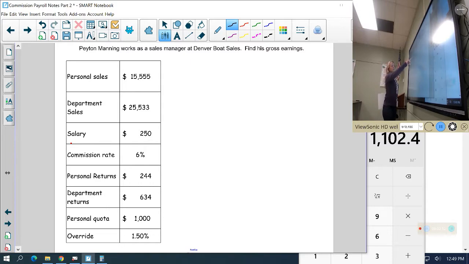First of all, he had personal sales. He himself sold $15,555 with boating supplies. His department sales, or the people that worked for him, sold $25,533. He gets an additional salary of $250. This is his personal commission rate. These are the returns. Maybe people brought back parts for their boat or whatever. His department returns, his personal quota, he has to reach this before he is allowed to start getting paid commission, and then he has an override of 1.5%. So let's look at those